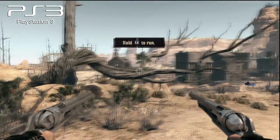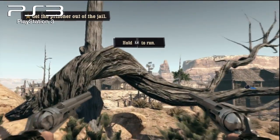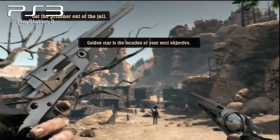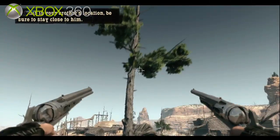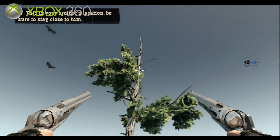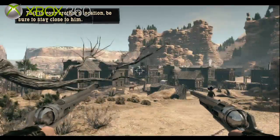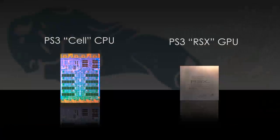Now, if the PS3 were running games at 1080p as it once promised, anti-aliasing would not be as necessary. But on 90% of games on the market today, the Xbox 360 counterparts have superior anti-aliasing, which I hold in very high regard. But the GPU on the PS3 has a very significant advantage which relates directly to the Cell